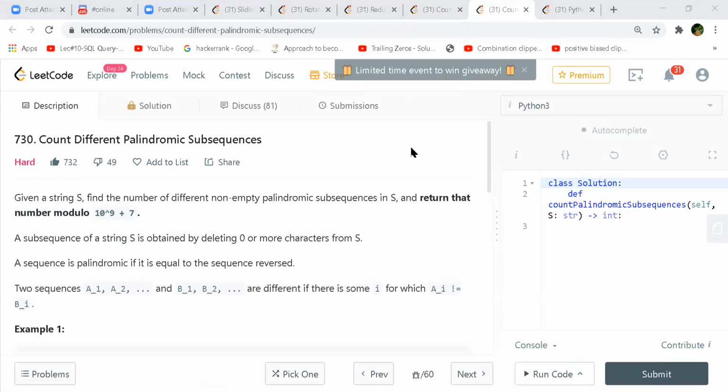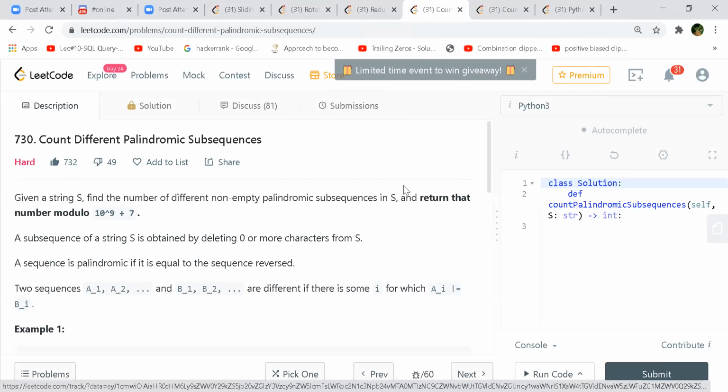But even if we do that, it might not work in this submission, because they might have test cases which are all As and all Bs. Since they have mentioned that we have to take into consideration only distinct ones, when the extreme endpoints have the same character, the middle part, excluding the extreme endpoints, might also have the same characters. In that case, we will have repeated palindromes. So we need to exclude those palindromes. Only then can we get distinct ones.